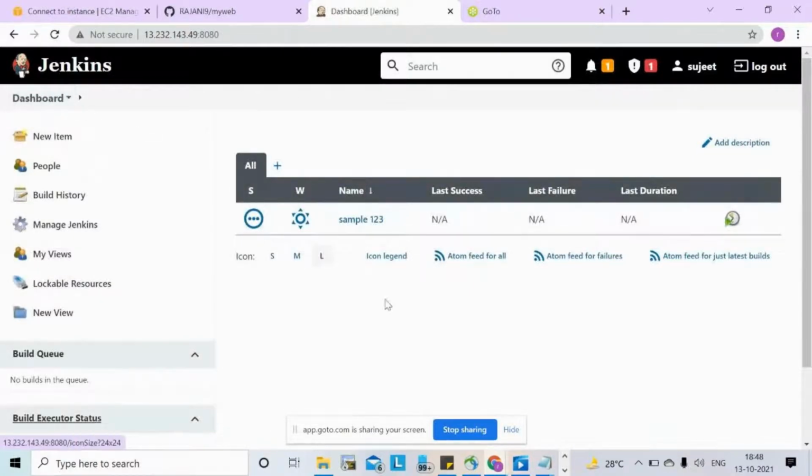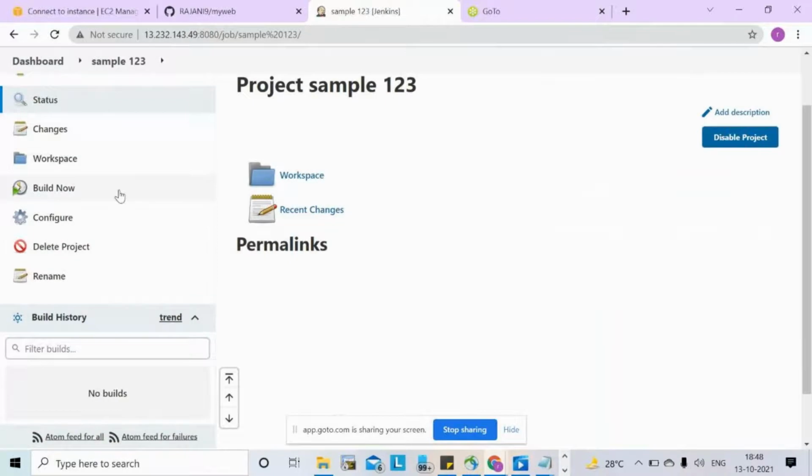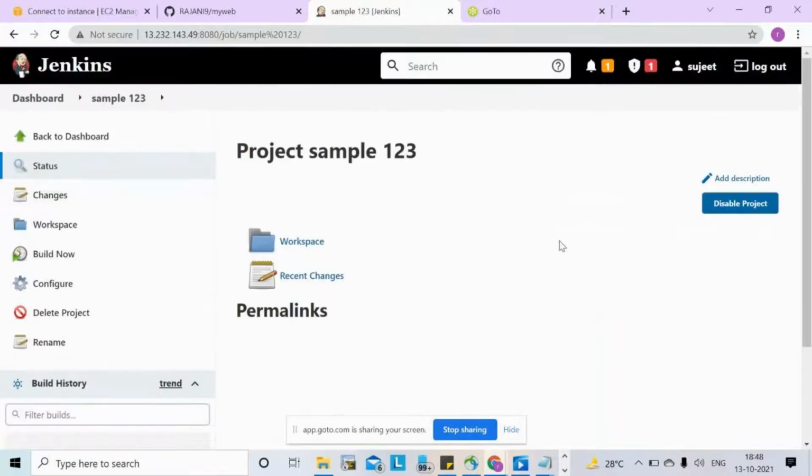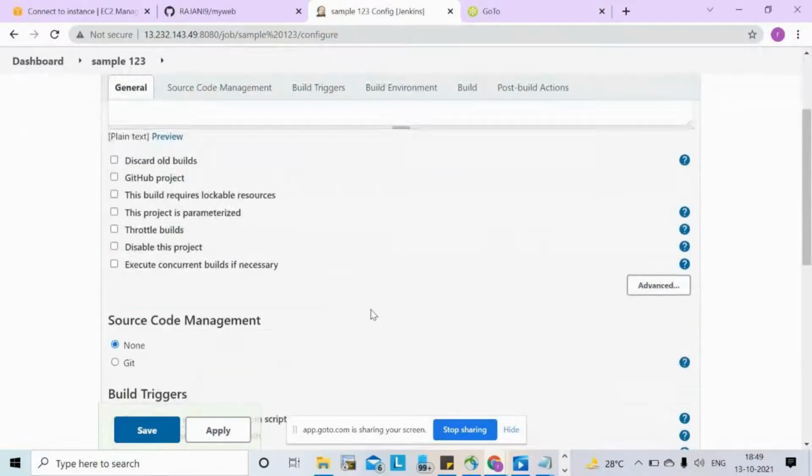It will show you how many jobs are present here. You can select this job and configure it. Here there are 6 tabs. It's a general job that is not selecting from any repositories or code commits. We are just giving it directly here using the options present in General.